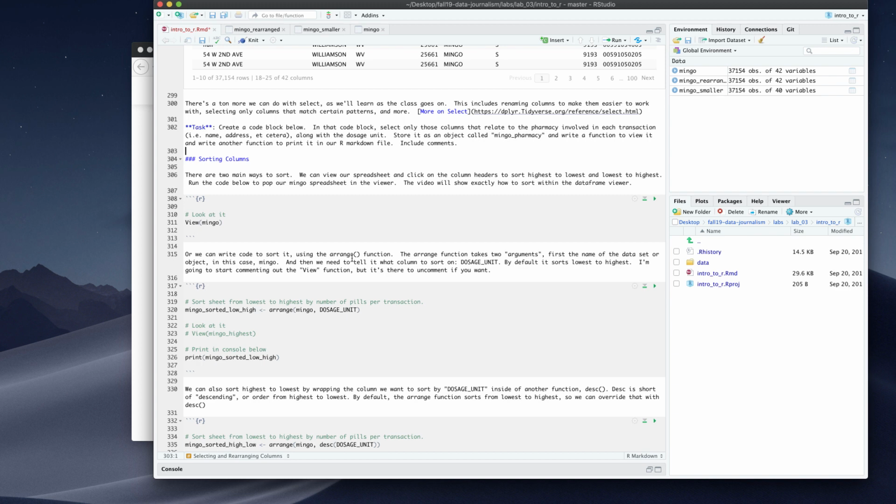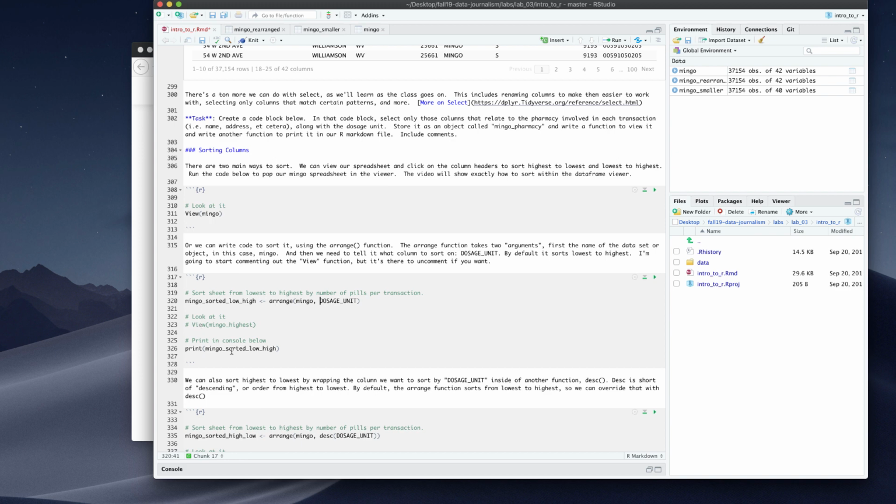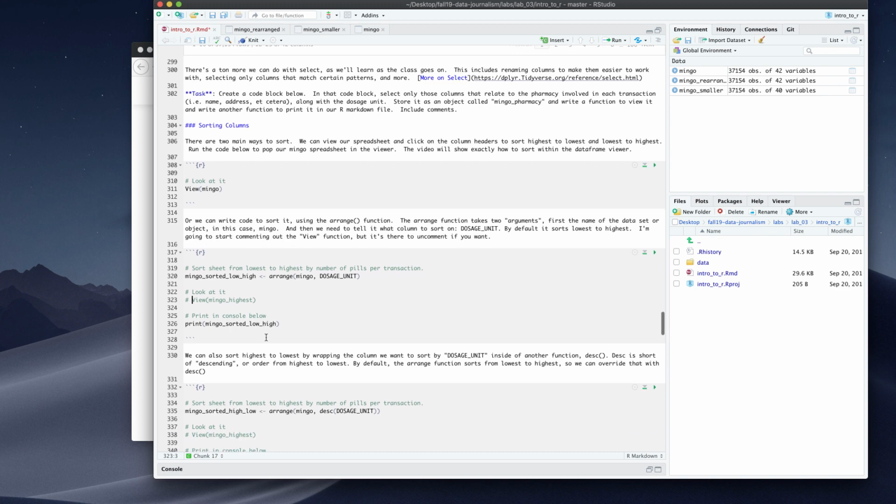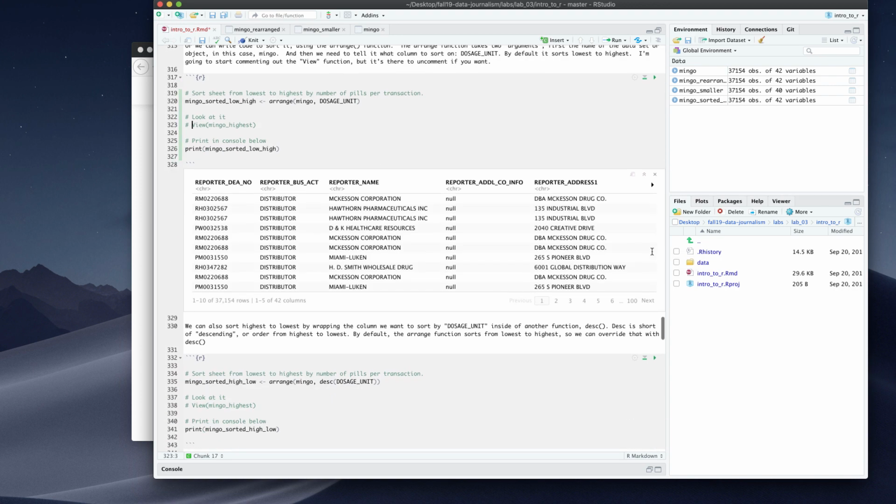The function itself takes 2 arguments, or things we're putting into the function. The first is the name of the data set. In this case, it's Mingo. So what I'm saying is arrange the Mingo data set by dosage unit. And by default, it sorts lowest to highest. I'm going to start commenting out this view function, and we'll just look at how it's printing out in the console below. If you want to explore all the data, you can uncomment this and run it, and it'll do the same thing. I know it's only returning a subset, but for now, this will allow us to see the top values. So when I hit play,